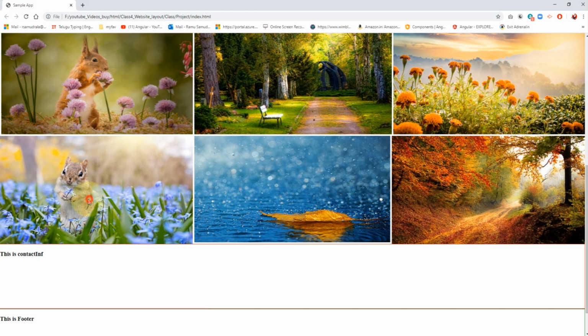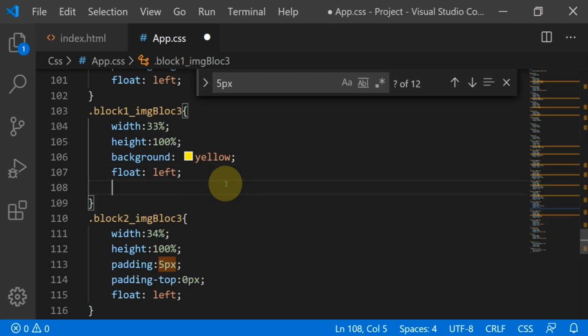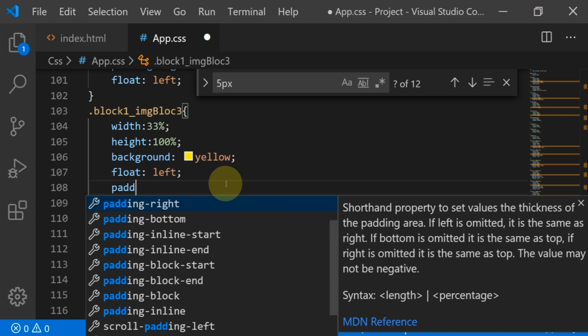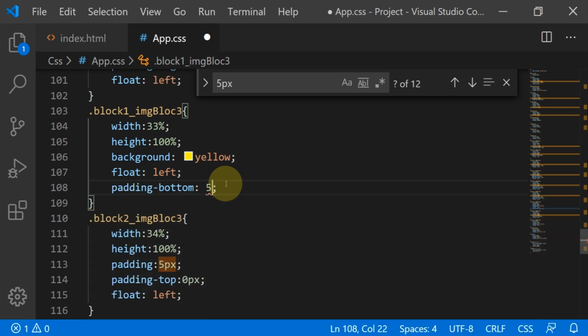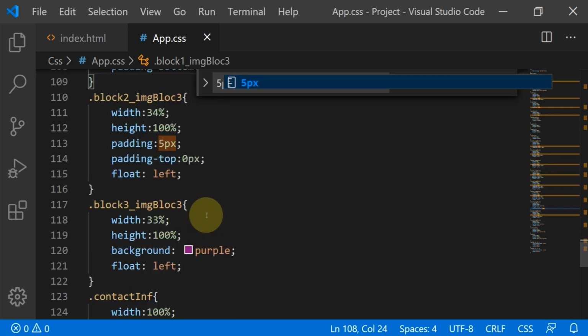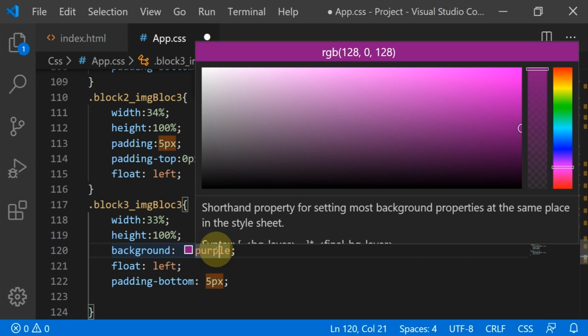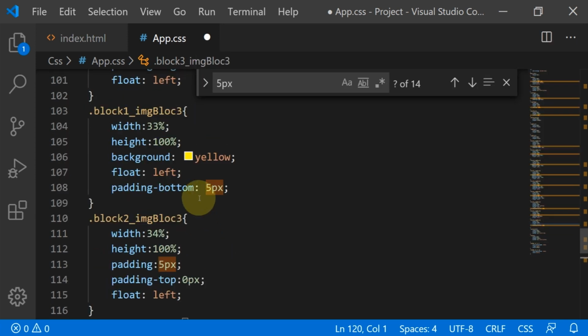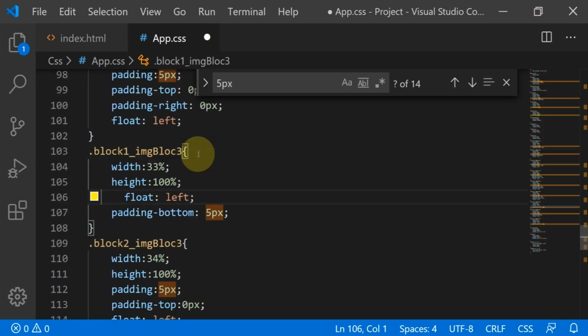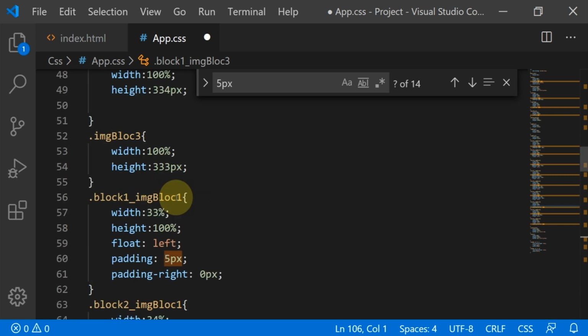So for the first image and third image we should make some equal space from this red line border and here also. Okay, for block 1 and block 3 I am giving padding bottom 5 pixel. So for block 3 also, removing these backgrounds here also.